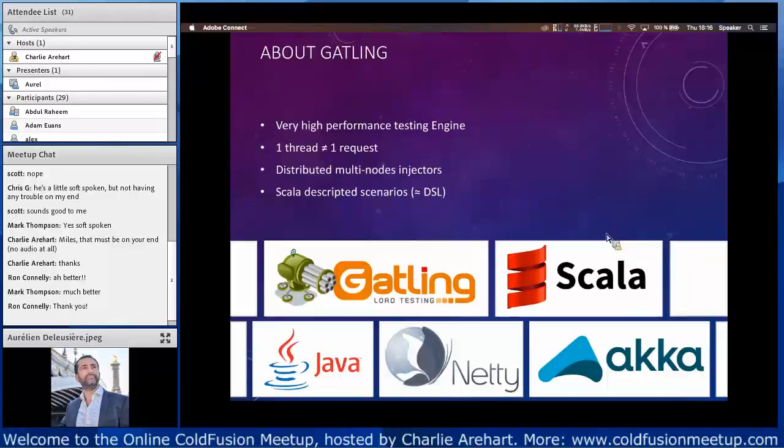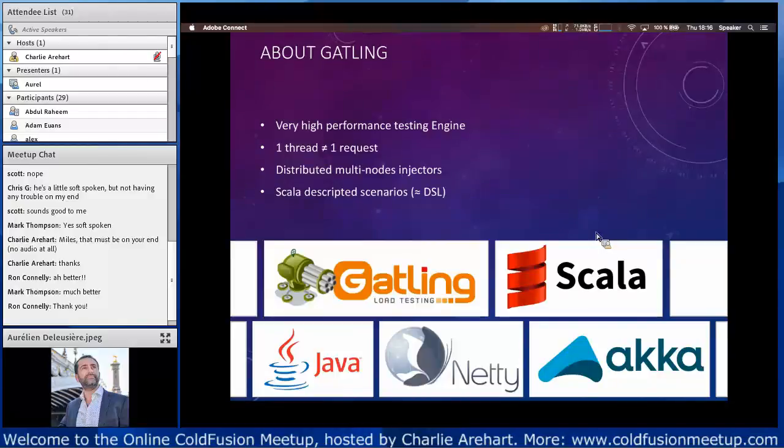It's fully built over Java, built on Scala. So it's like CFML finally. It's a higher-level language over a JVM. It's a functional-oriented language. It's a bit complicated at the beginning, but for what we need to do, it's really interesting, because you can, in fact, write source code to define your scenarios. That's very good. And they use Netty and Akka as frameworks to manage the high performance network